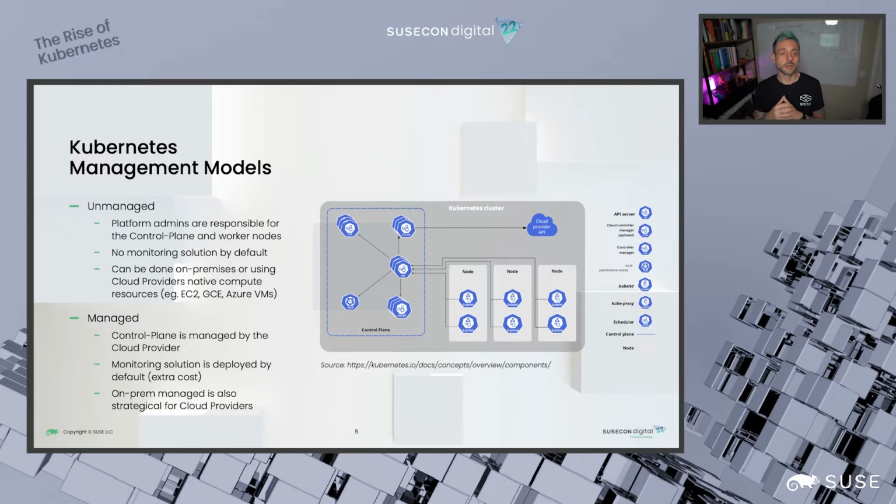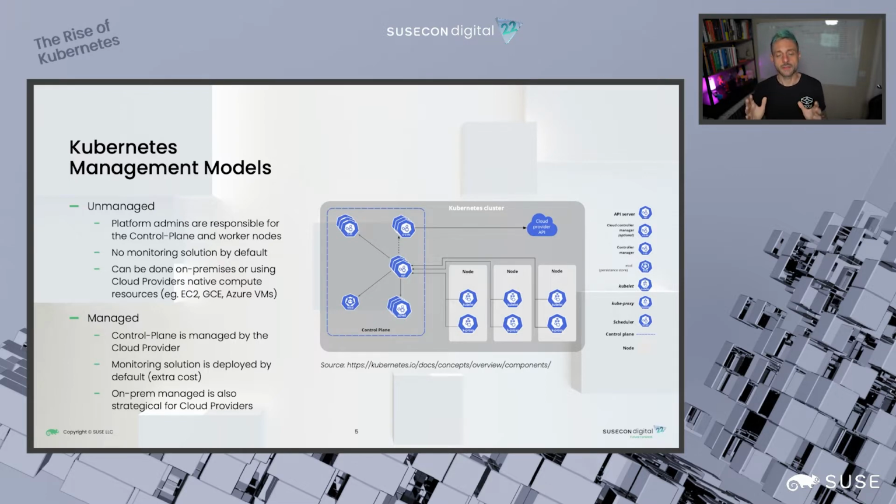It does support multiple deployment models, unmanaged and managed, as well as multiple Kubernetes distributions, whether vanilla upstream Kubernetes, or RKE and RKE2, which are SUSE Rancher's own Kubernetes distributions. In terms of the deployment model, SUSE Rancher allows you to deploy Kubernetes as unmanaged or managed from a cloud provider perspective. That means that when you deploy an unmanaged cluster, in the cloud provider or on premises,